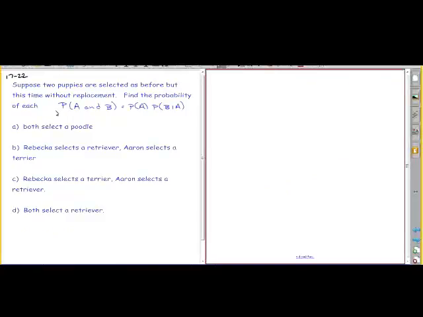In this case, they're not replacing them. So once the puppy is taken by the first person, that puppy, or that type of puppy, is no longer available. So in this case, this is a case of conditional probability, because the first choice does affect the probability of the second choice. So what we're going to do